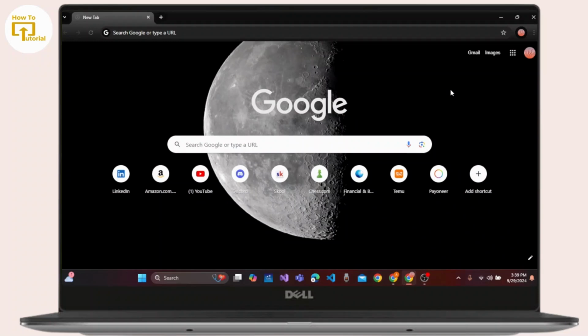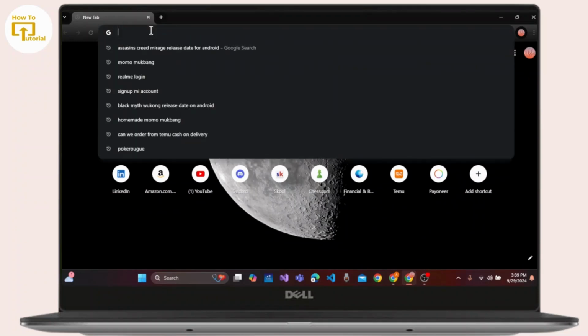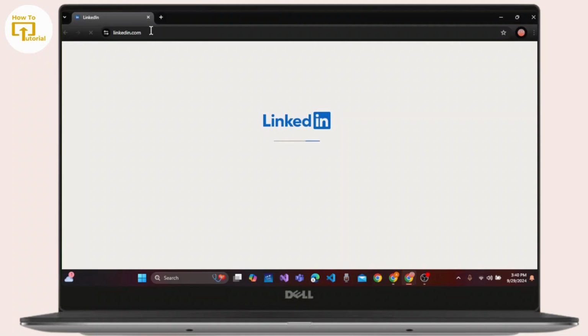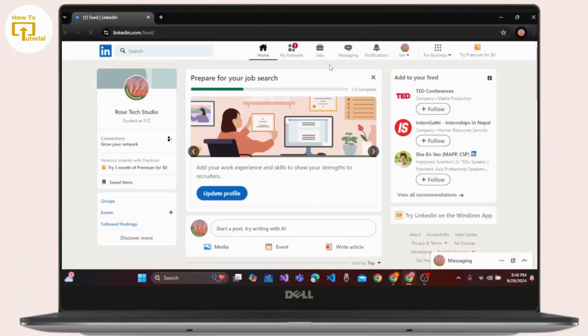Launch any web browser on your device. Click the search bar and type in linkedin.com. Press enter on your keyboard and then you will land on the home page of LinkedIn once you have signed into your account. Now, in order to turn off Open to Work, click the Me button at top right corner